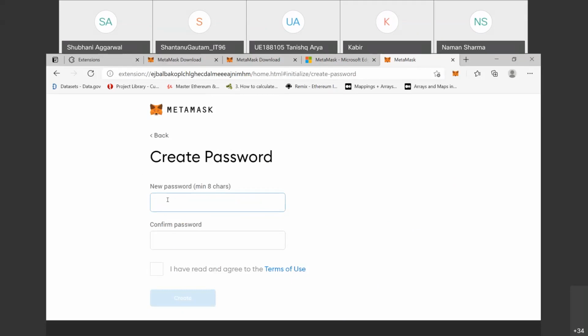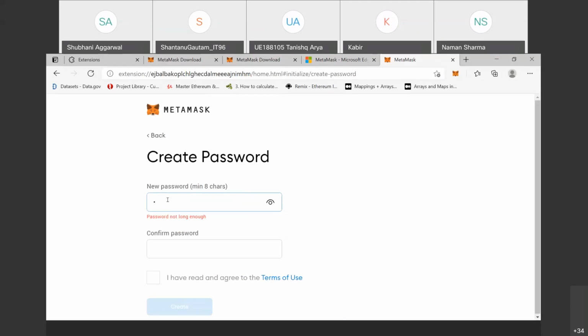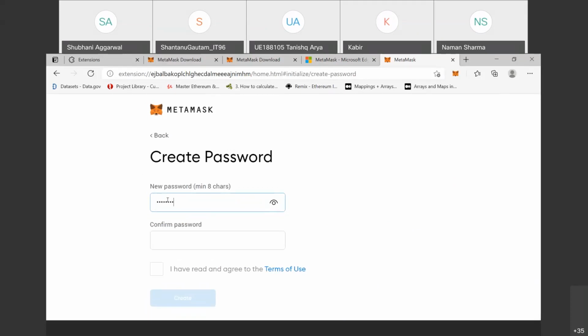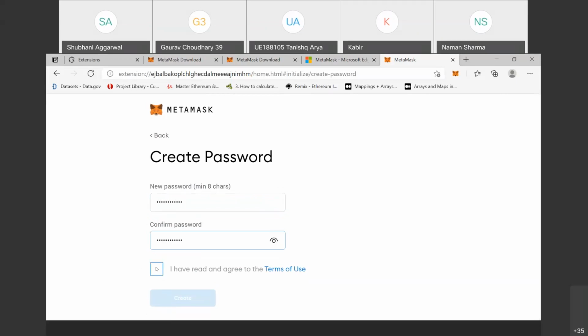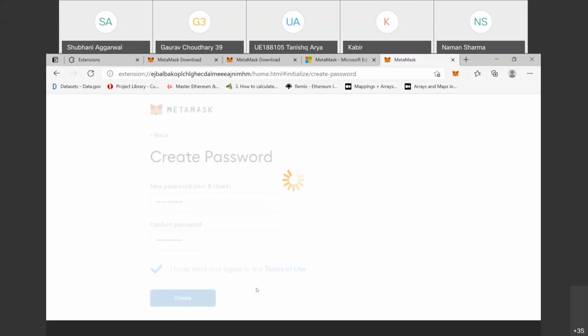It should be a minimum of 8 characters, and it should be a password you can always remember in your mind. So I just confirm the password. I have read and agree to the terms of use, then create.